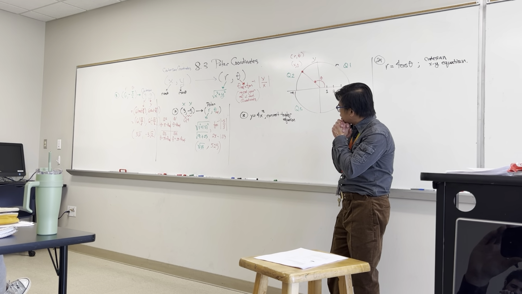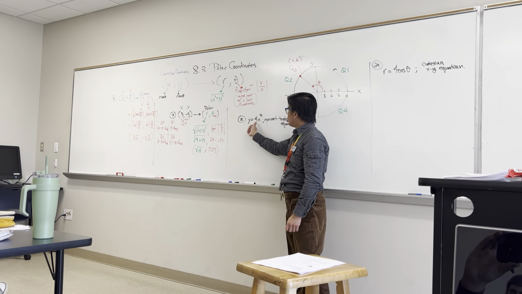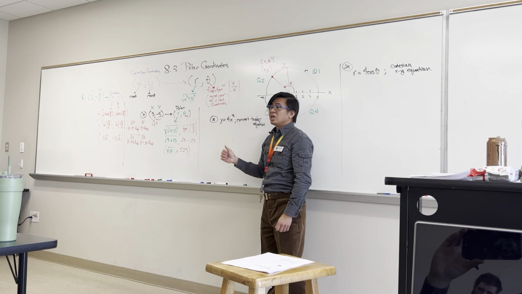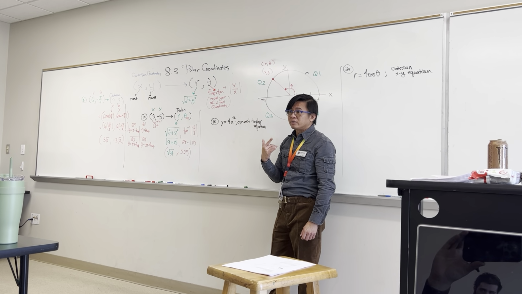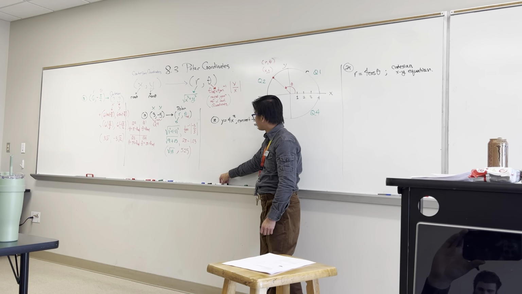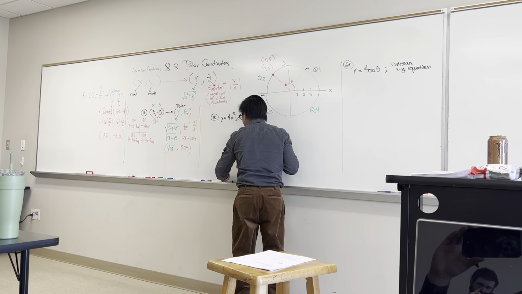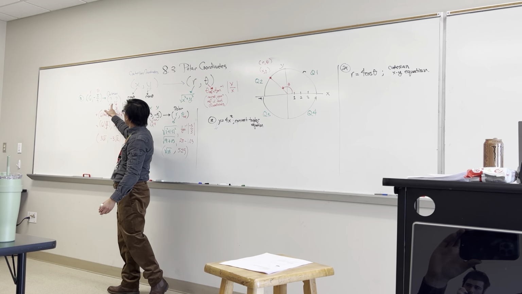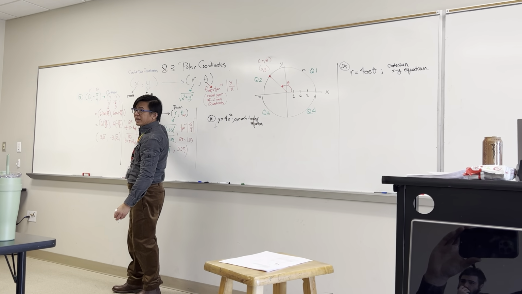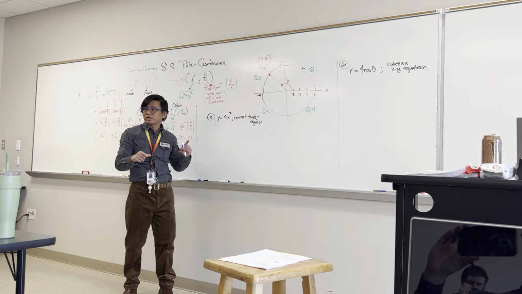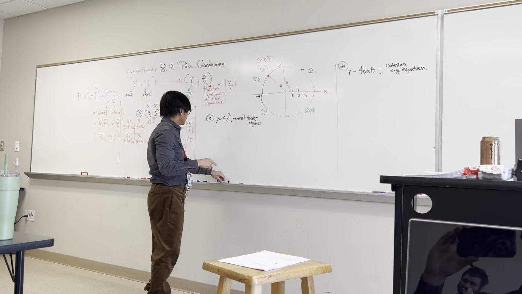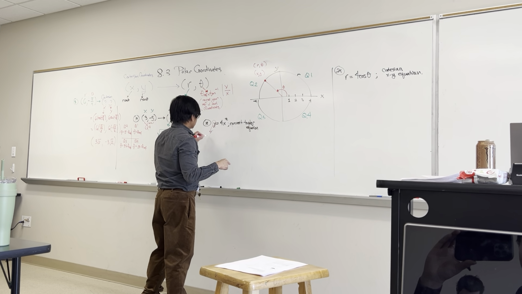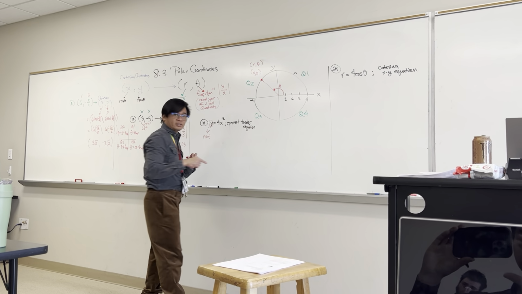So what do we do in here? When you say convert to polar equation, we need to transform x and y, in this case x squared actually, into what? R and theta. Okay, so how do we do that? What's the first step? So y, once again, is what? According to the formula, y is what? R sine theta, right? So we're going to convert this y into R sine theta. This y can be written as R sine theta,